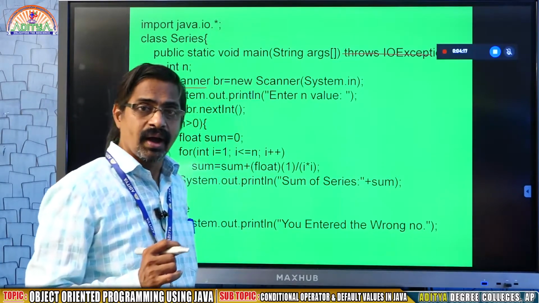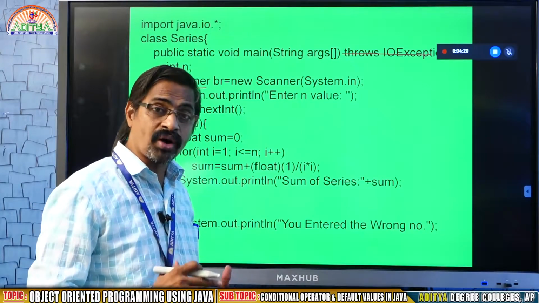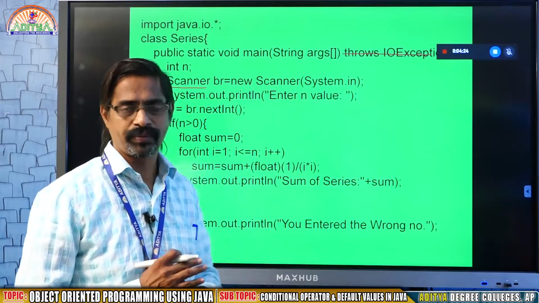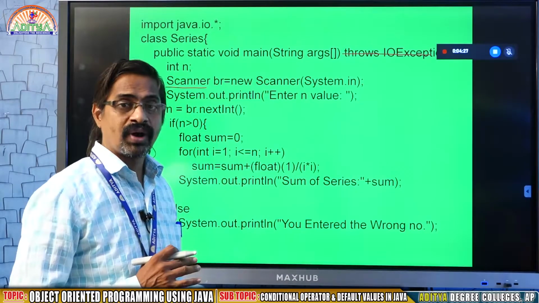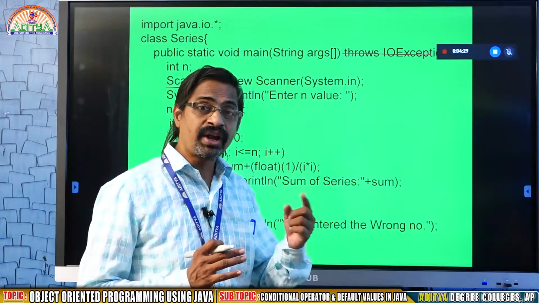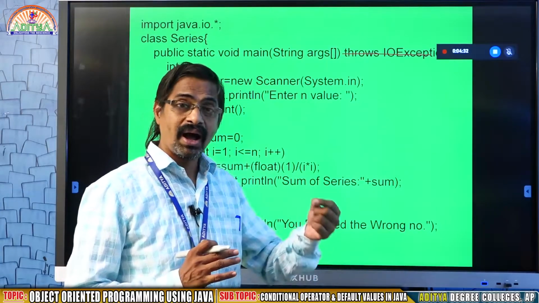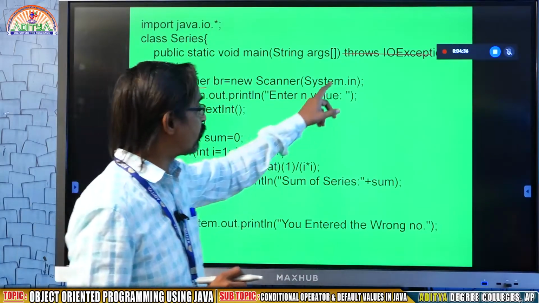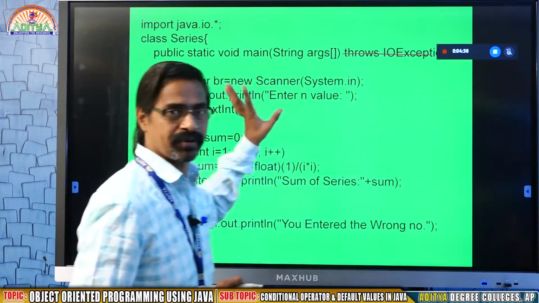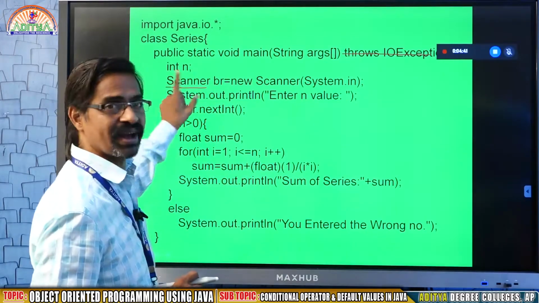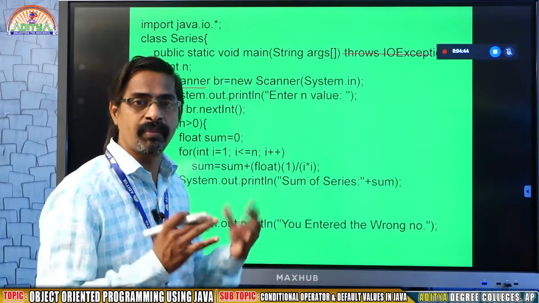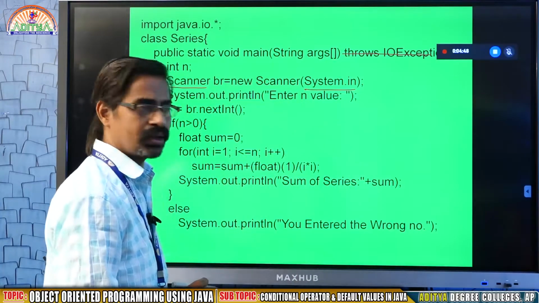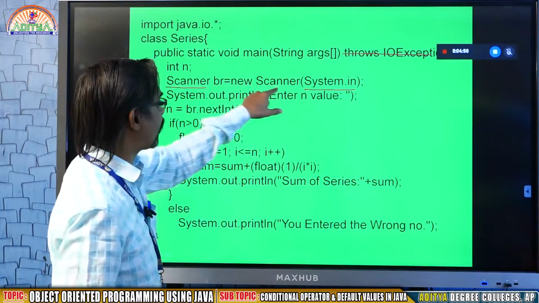But in almost all situations we are going to give values through the keyboard. For that reason, we need to change the reading from file to keyboard. In that moment you define throws IOException. Now of course, I am writing Scanner. By default, Scanner allows you to read from the keyboard. You may see here System.in represents the keyboard. So Scanner BR equal to new Scanner.